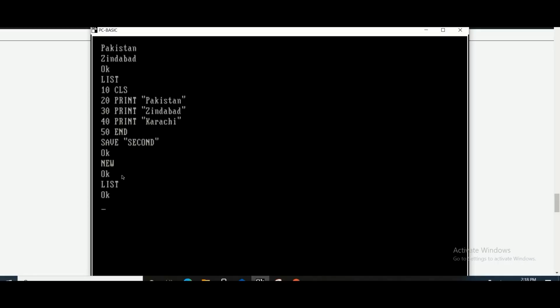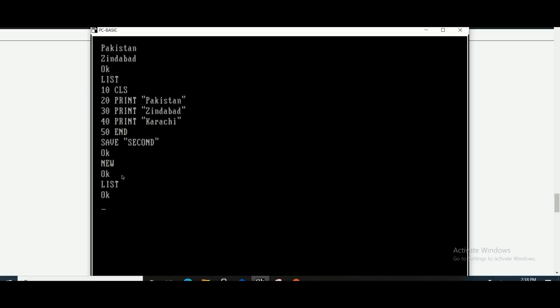Okay, so we have discussed a number of commands here. We have seen that the list command is used to list the program from the memory. The save command is used to save our program. We need to write the file name enclosed in quotation marks. Similarly, when we have saved our program and we want to load it, then the load command will be used, and in quotation marks with the load command you have to write the file name.